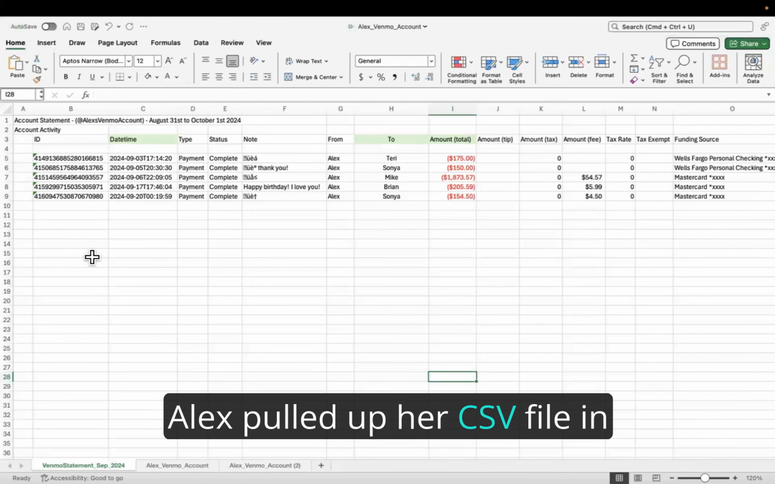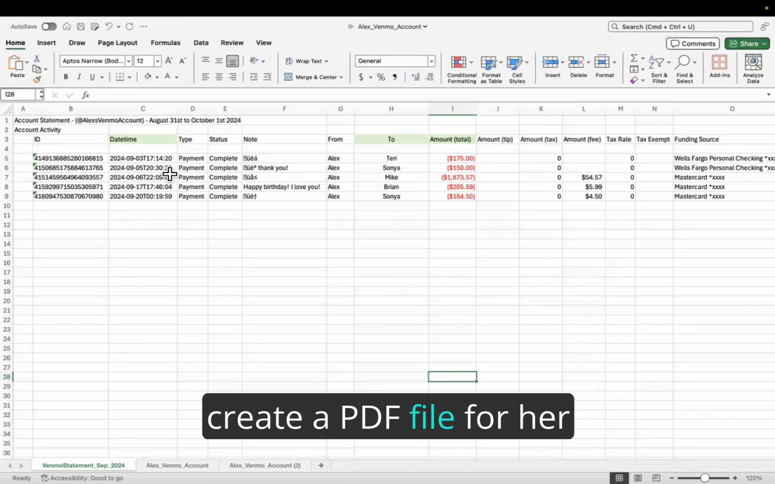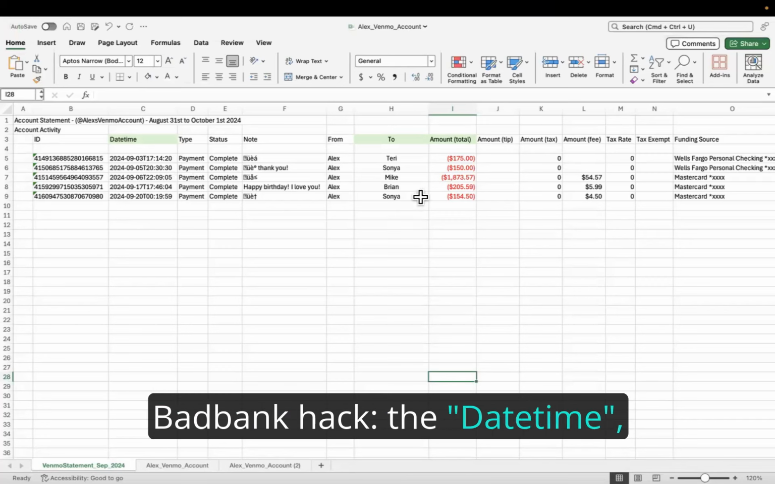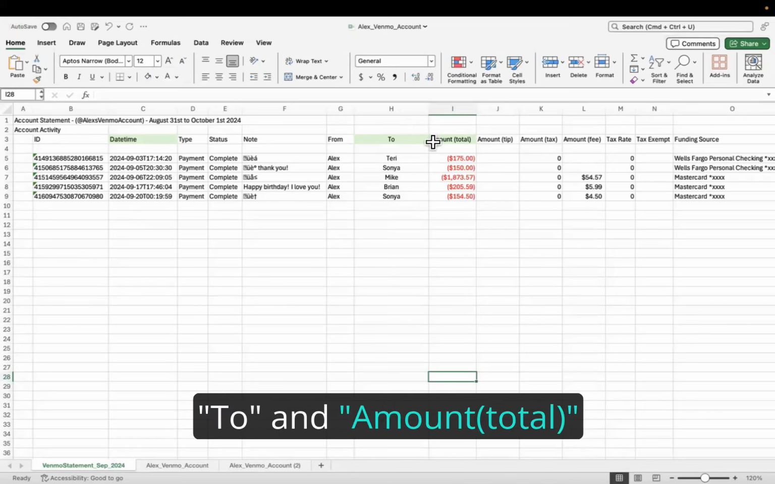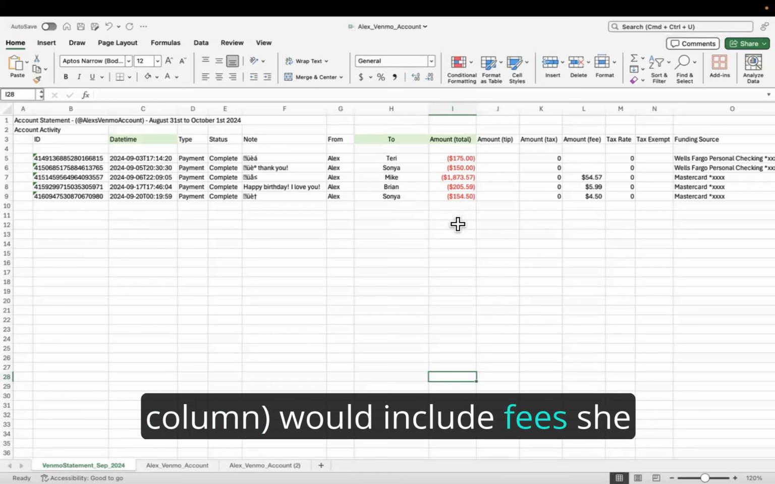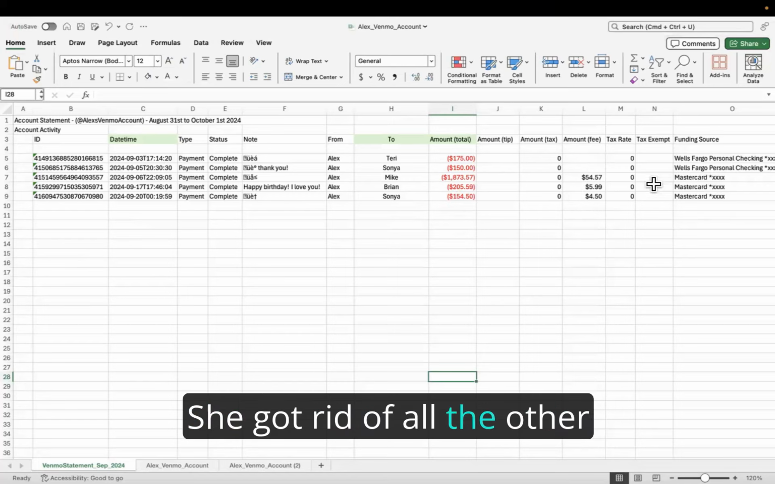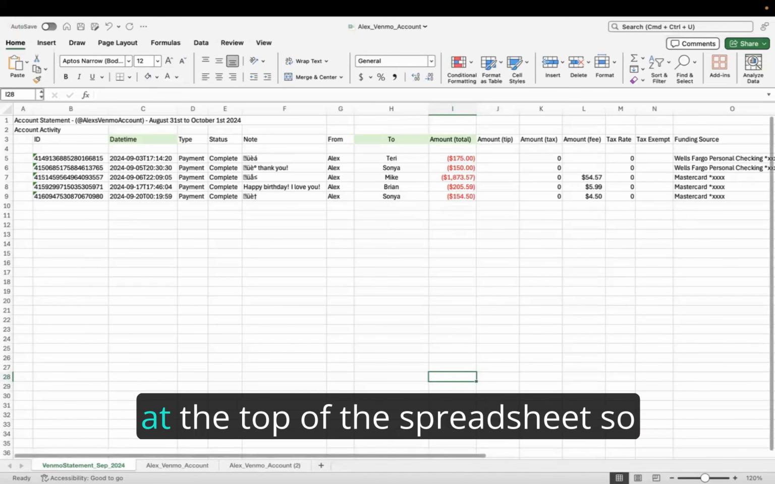Alex pulled up her CSV file in Excel and quickly identified the 3 columns she needed to create a PDF file for her Badbank hack: the date time, to, and amount total columns. She knew the amount total column would include fees she paid when she used her credit card for some Venmo transactions. She got rid of all the other columns and created 10 new rows at the top of the spreadsheet